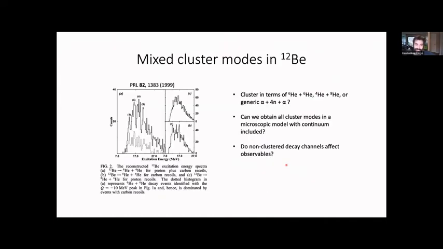Moving on, the main topic of the talk is clustering in beryllium-12. I personally like beryllium-12 because it has multiple modes of clusterization one could have. So you could think of it as helium-6 plus helium-6. You could think of it as alpha plus helium-8, or you can think of it in any mixed mode that has two alpha centers, and then the neutrons are sort of spread out. And the question,